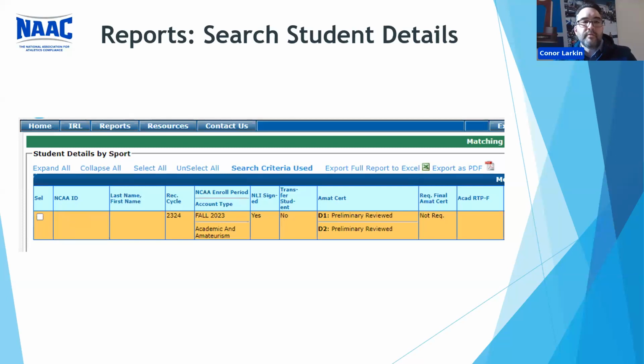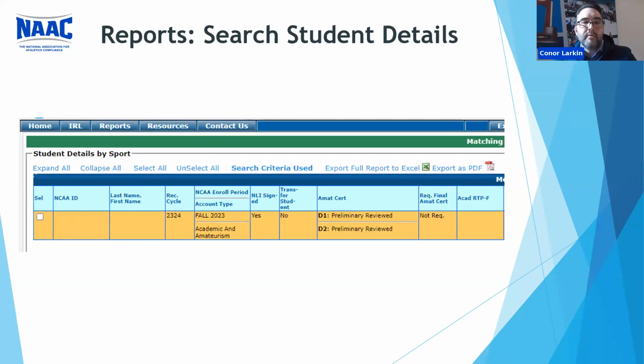Now, in this case, if you're searching for just one ID number, you'll just see one row. But if you're selecting for a full team, you might see a long list of students on this search details result. In this case, we just used a single ID number, and this is what you would see if you do this. The search results page is very long, and on this screen, you'll see what I consider the front 9